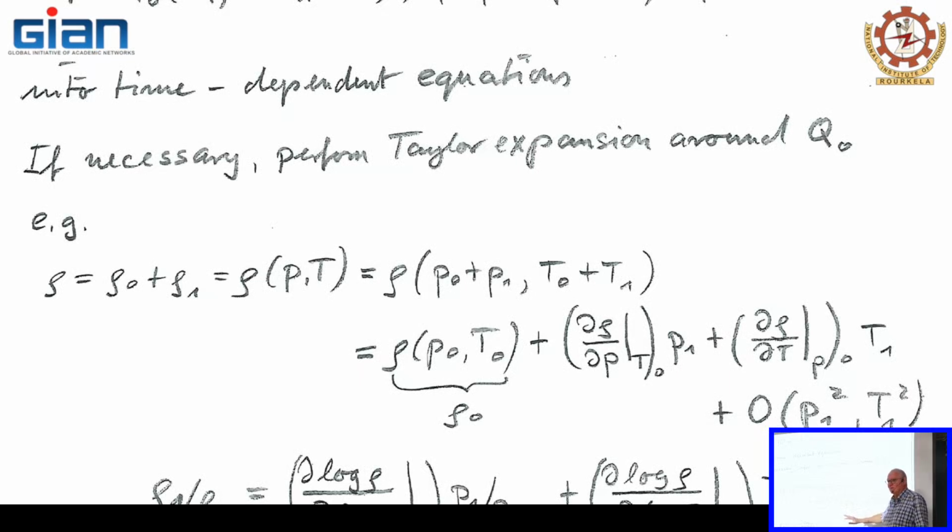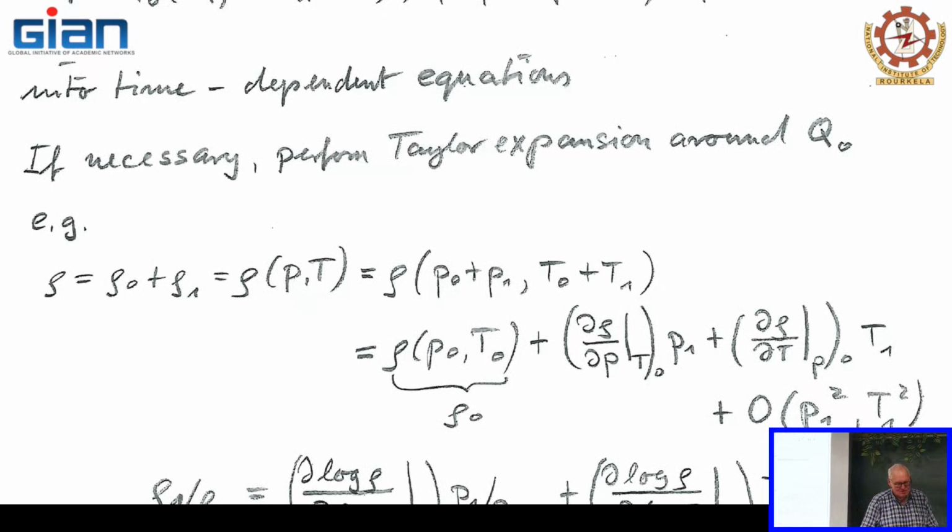Because if we take here somewhat more than the background or the original value, then this would be of first order, so we would have a second order term. To keep it a first order term, this can be evaluated with the index 0. Clear to everybody? So because this is already a first order quantity, then this needs to be a zeroth order quantity, or it's sufficient to have a zeroth order quantity,